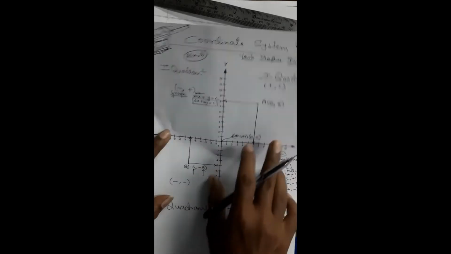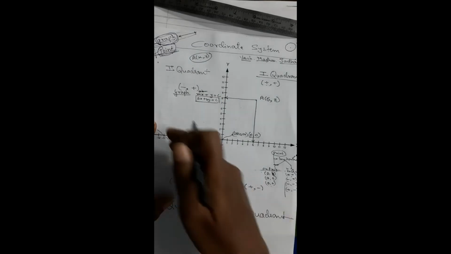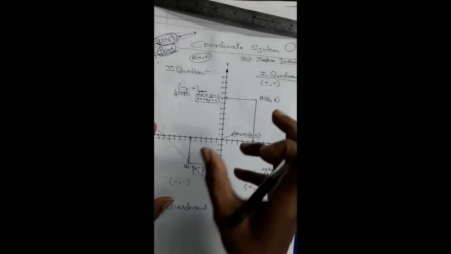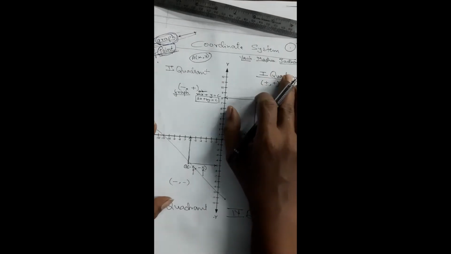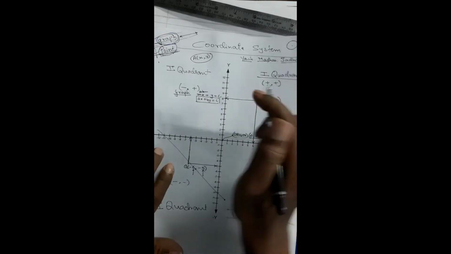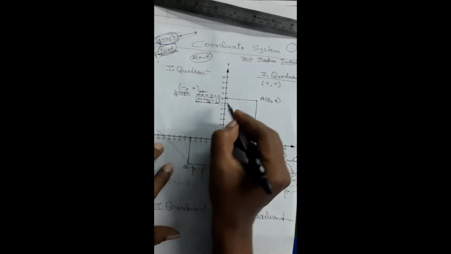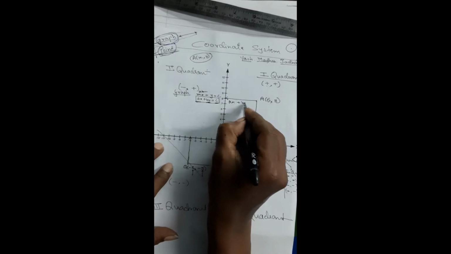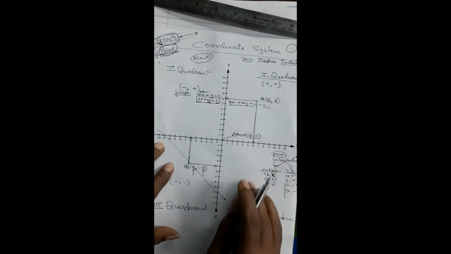Graph is nothing but a line. Any line that is traveling on the coordinate system is nothing but a graph. And this graph, this line, will always be represented in the form of an equation. Why in the form of an equation, we will come to know slowly and steadily. So the equation is always of this format: ax plus by is equal to c. We can also write ax plus by plus c is equal to 0. This can also be the form of writing the equation.